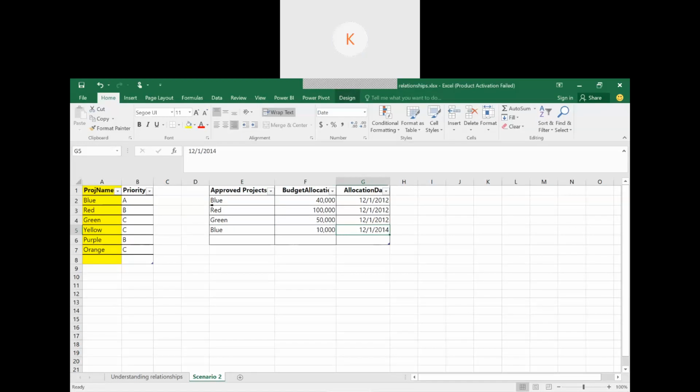That means a given project may be approved. Even one more case also happens. The project budget allocation will not happen in a single go. For this year I am allocating this much budget for this project. For next year I'll be allocating some other budget. Every year I may be allocating some budget to that particular project. Possible or not possible? Sometimes it's possible, right? Yeah, most of the time actually.